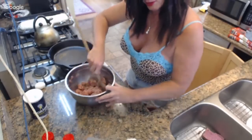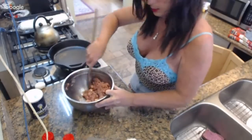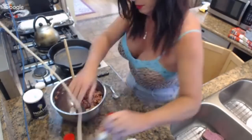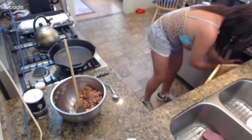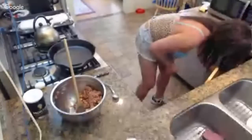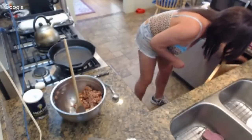All right, and that looks really good, I like that mixture. It almost wants to come together right now, so that is perfect, okay? I like basil too. I think that's really the super right consistency. I'm going to add one more shake of